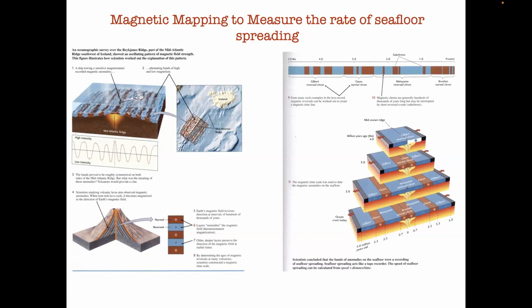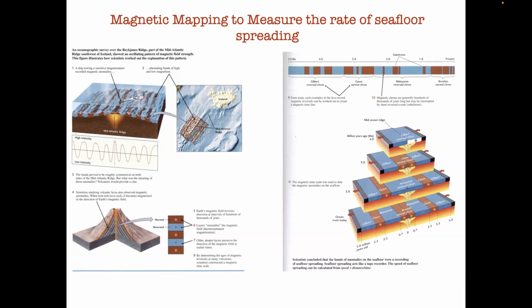So the Brunhes normal chron is along the mid-oceanic ridge axis, from where the new ocean crust has actually been created by the upwelling of the mantle plumes. That's why the rock polarity along the axis is positive and the age is given as zero. And then as you move away from the axis,